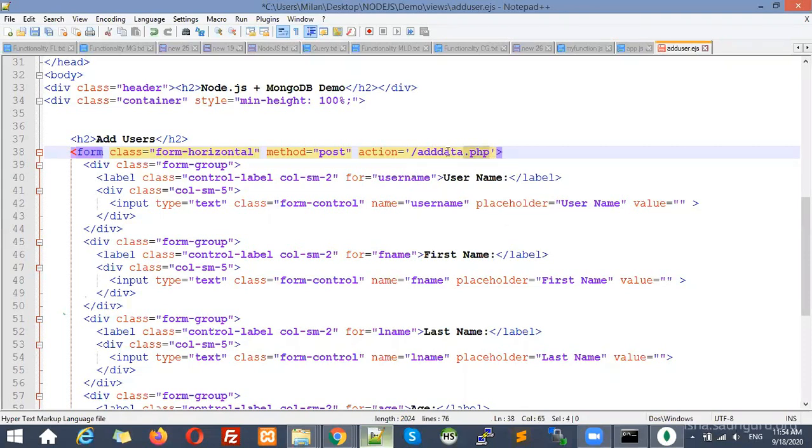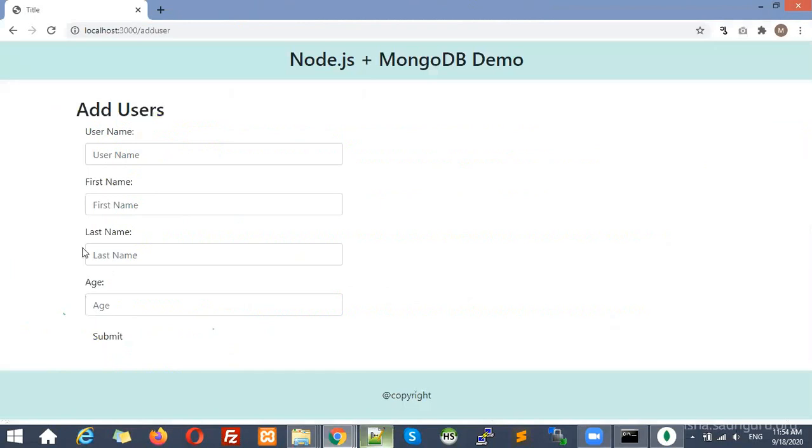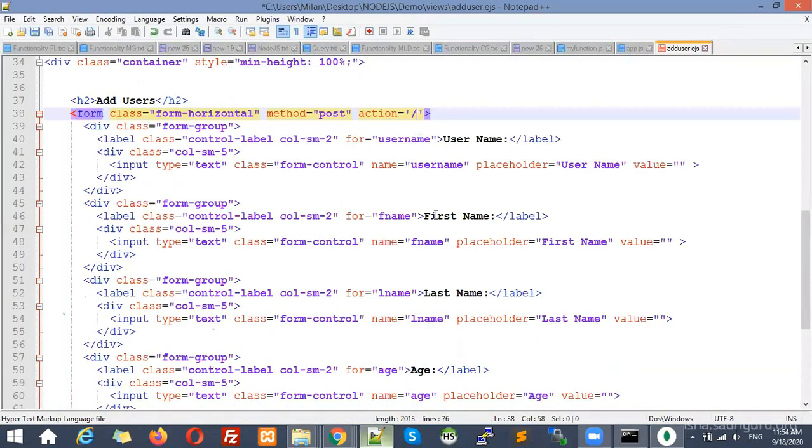The logic of inserting all this data is available inside this file. But here we are going to mention, for example, a user table, because this form is for the user. So we will create a user table, and for user we will create a URL that is user. Any URL you can create. I am going to create it with the name user, but this URL will be called through the post method.